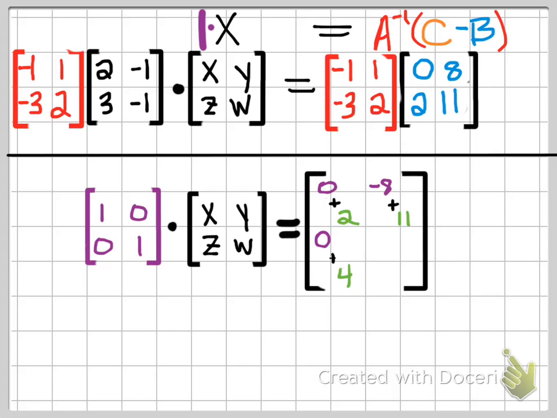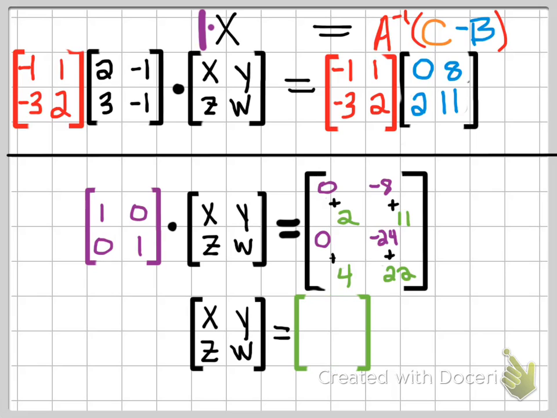And finally, with our last element, we take the bottom row and the second column and we multiply them and then add them, and we simplify to -24 and 22. So when we take the identity matrix, multiply it by an unknown matrix, anything multiplied by the identity gives you itself back. So through simplification on the right-hand side in our 2 by 2 matrix, we are going to discover that our elements